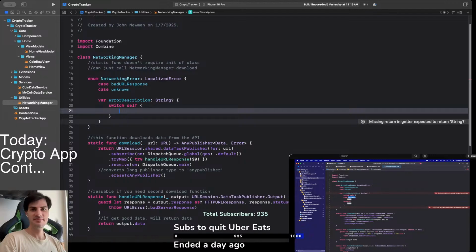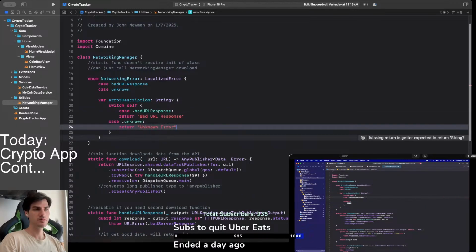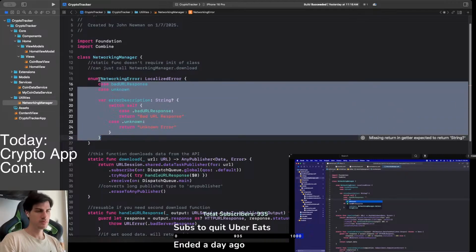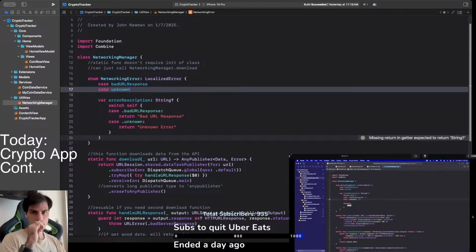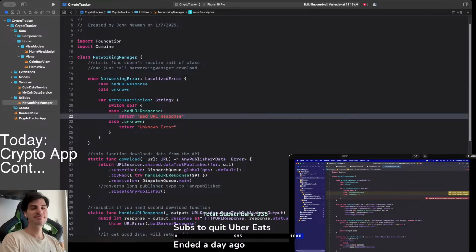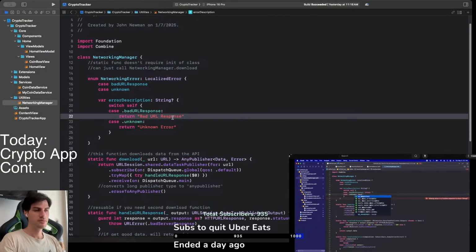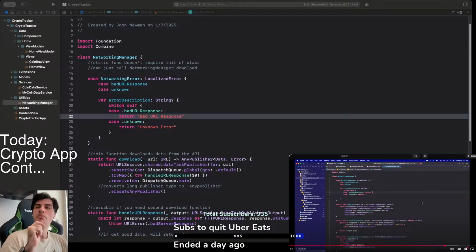So we'll say case .badURLResponse. And here let's make it a blank string for a second. And then we'll say case .unknown. And we'll make it a blank string for a second. And we don't need our default case here. And we are actually getting some error messages here because we need to actually return the string. And return the string. And return the string. And in this bad URL response, let's set the error message to